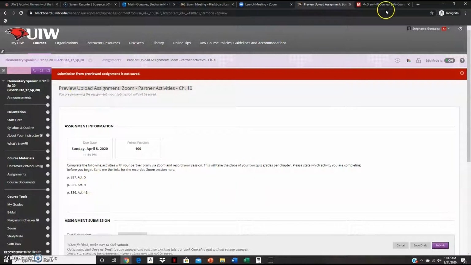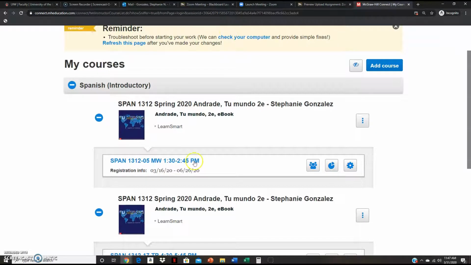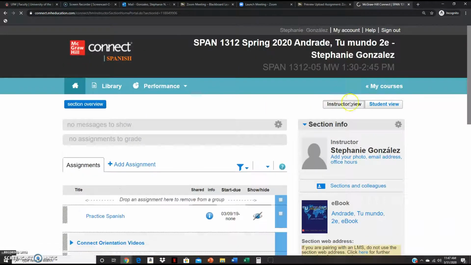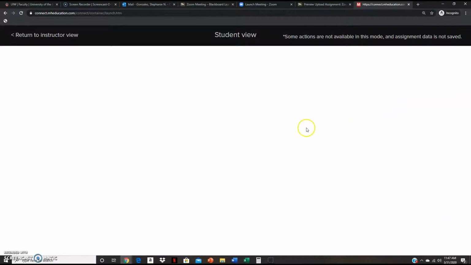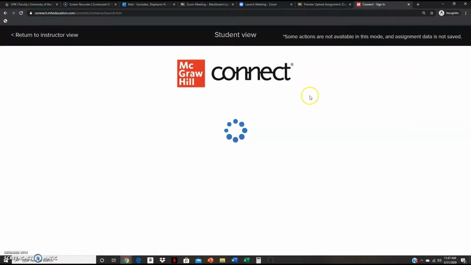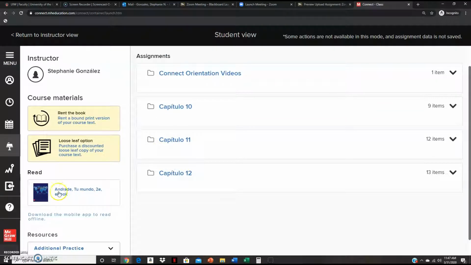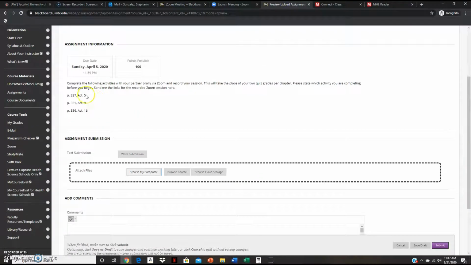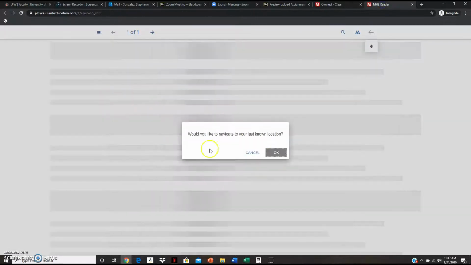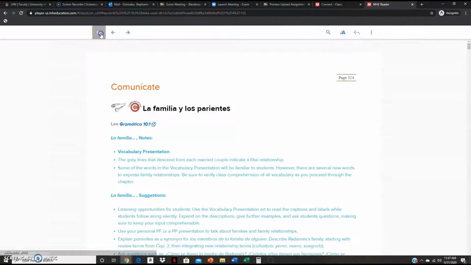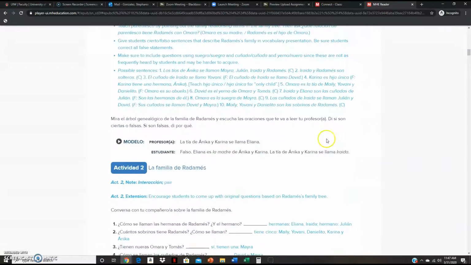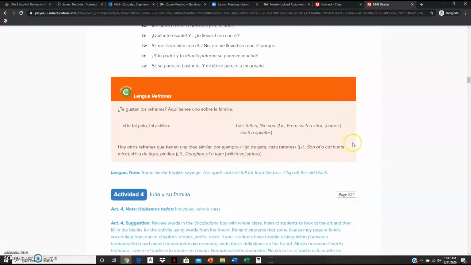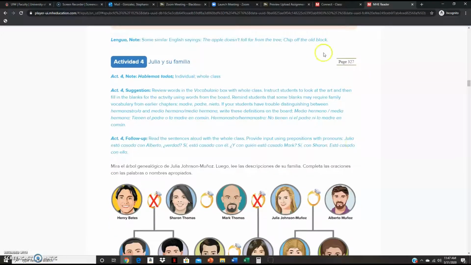How you find the activities is you'll go to your McGraw-Hill page. You'll open up. I'm going to go to Student View so I can see, so you see just how you would see it. So the book is here. Okay, and you'll go over to whatever the assignment was. So 327 Actividad 5. What I'll do is I will just look up page 327. Oh, here's 324, 325, 326, 327. Okay, so I've gotten to page 327,